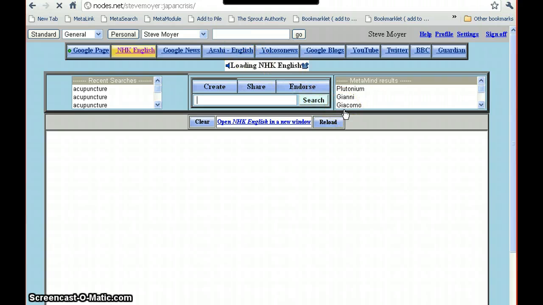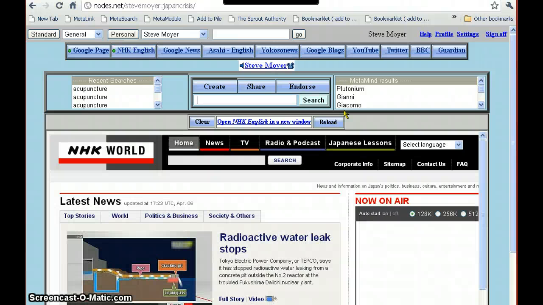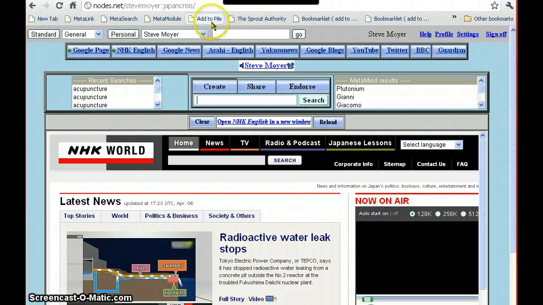So again, you have 10 layers. Now these aren't all search engines, you understand. They're just websites. So you don't have to enable search in a module. You can just take people to 10 websites. And that's useful all on its own. And I'll show you another good use of it, which is my own personal, and this is another MetaLink,